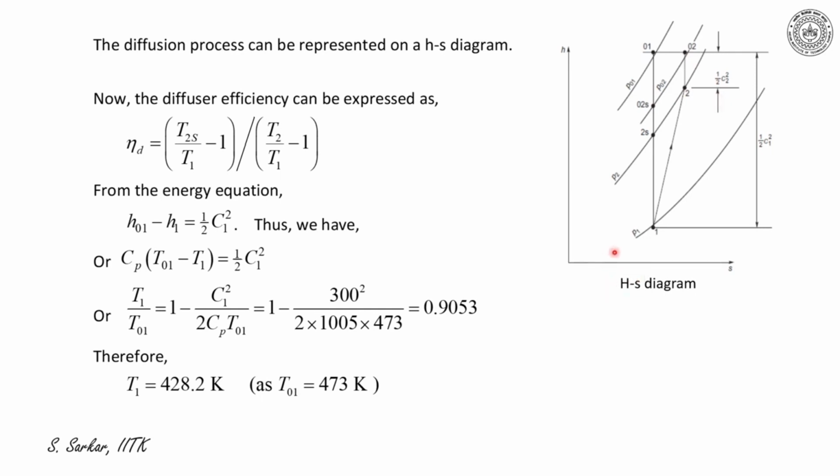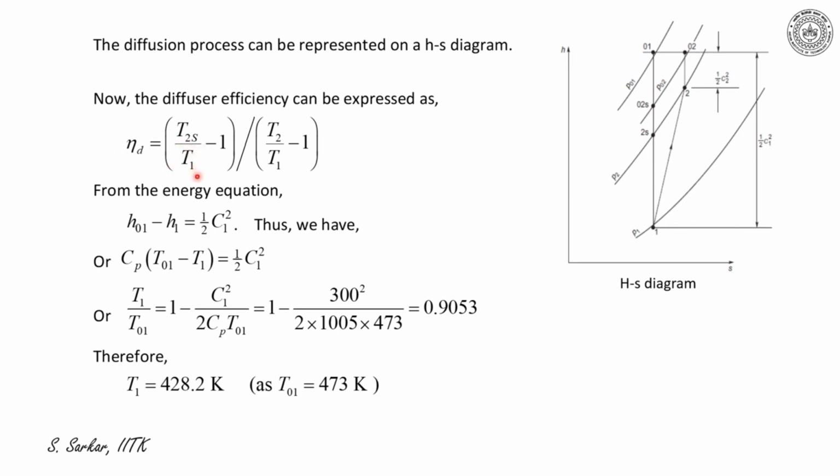Thus, I have got the P01 and P02 lines. Considering an isentropic line, I have got the points 2s and 02s. So this is the diffusion process in the HS diagram, and thereby I can say the diffuser efficiency eta D is equal to